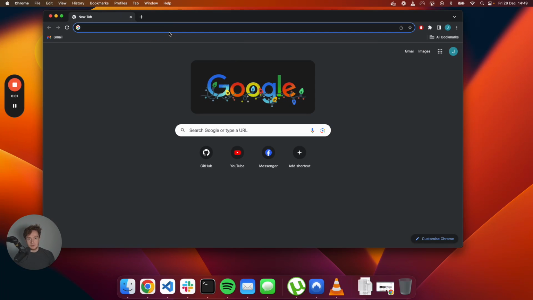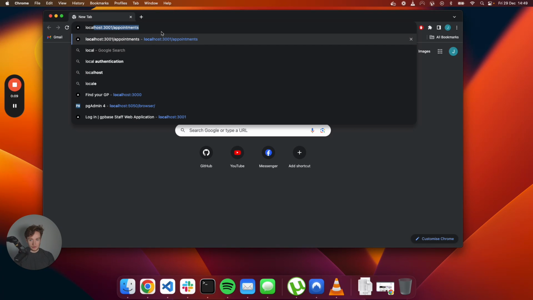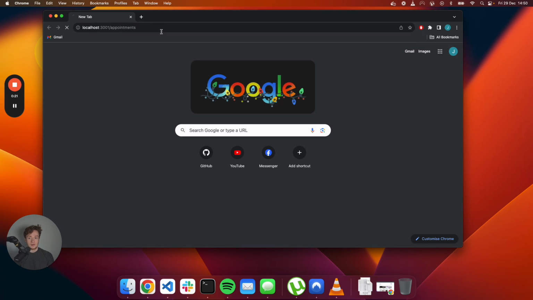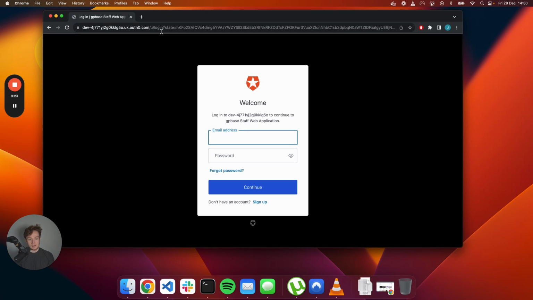So I'm just going to give you a quick demo of the authentication working for my staff web application now. If I navigate to a URL within my staff web application, which is this one, for example, on screen, because I'm currently logged out, I should be immediately prompted to log in in order to access certain web pages. So if I go here, you can see that I'm being prompted to log in in order to access this web